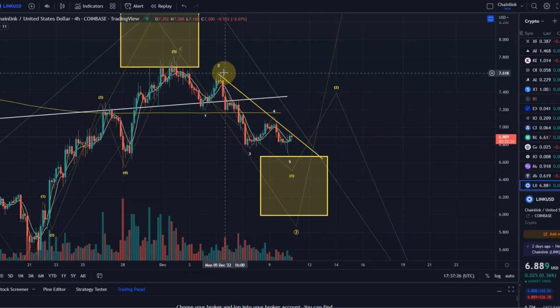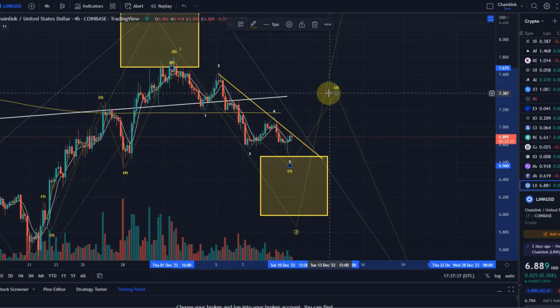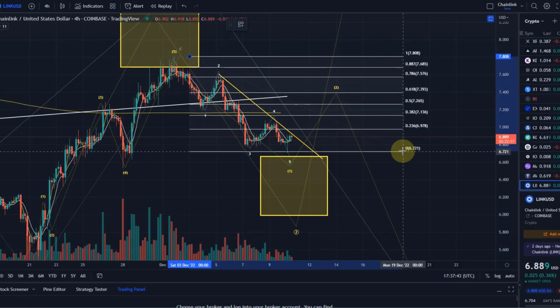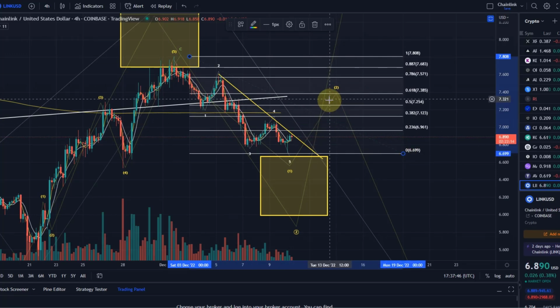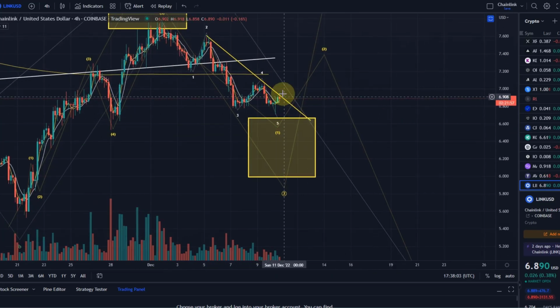However, you can see here a descending trend line. We've got 3 touch points now. If we break above this trend line, I think that would be the first indication that this wave 1 in yellow is finished, and that we're moving up in a wave 2. Let's say wave 1 is finished. What would be the target for the yellow wave 2? I'd be looking at the area between, ideally, the 50% retracement at 725 and the 78.6% retracement at 757. We can specify that a bit further should we really break out of this trend line. But until we break the trend line, for me the trend is still heading down, because we're making a series of lower lows and lower highs.